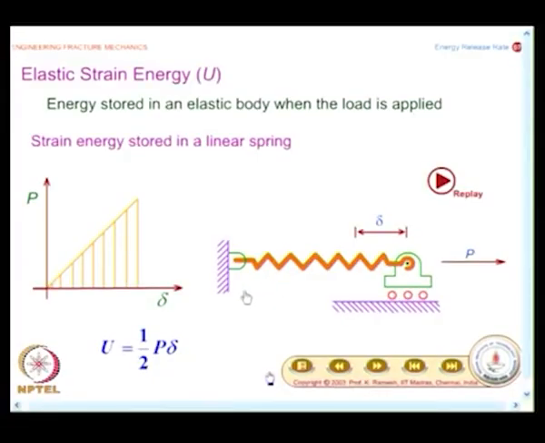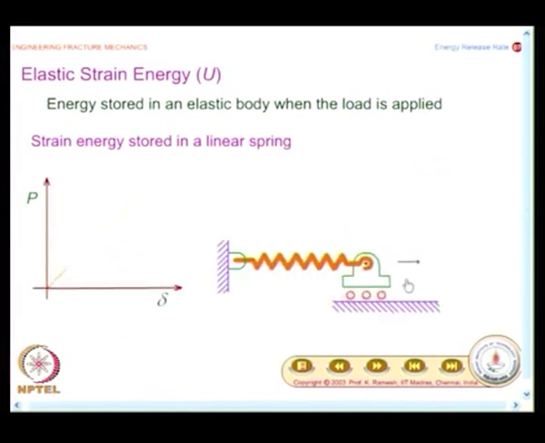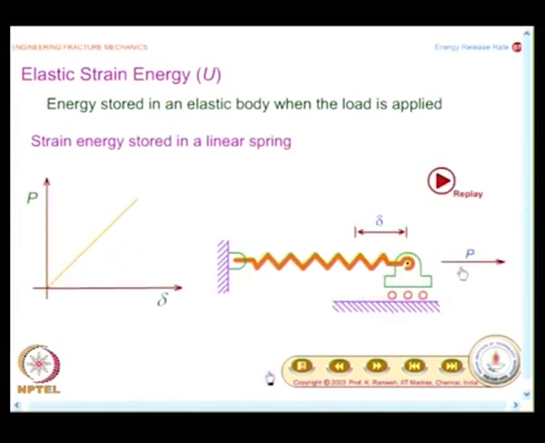Suppose I have a constant load acting, then the energy would be P into delta, where the corresponding displacement is delta. In many problems in solid mechanics, when you show a final load, we implicitly assume that the final load was reached through a gradual process from 0 to the final value. This is very important. All these subtleties you will have to keep in mind. So, in the case of a spring also, we have carefully put the animation in such a way that P varies from 0 gradually, and you know what is the strain energy stored,